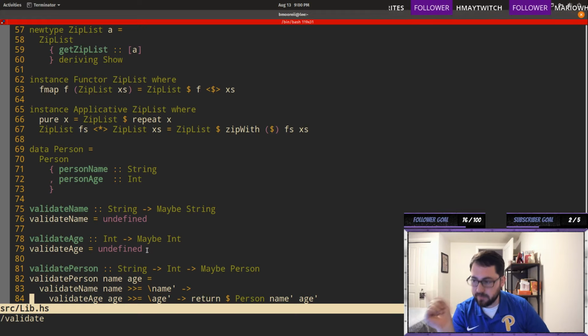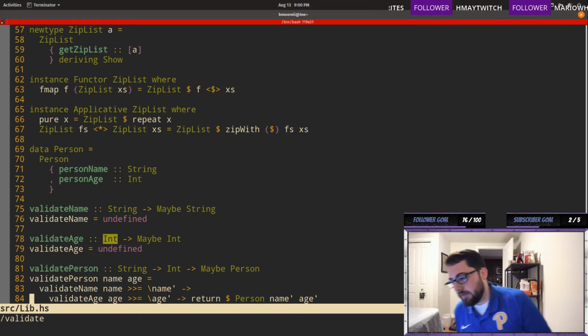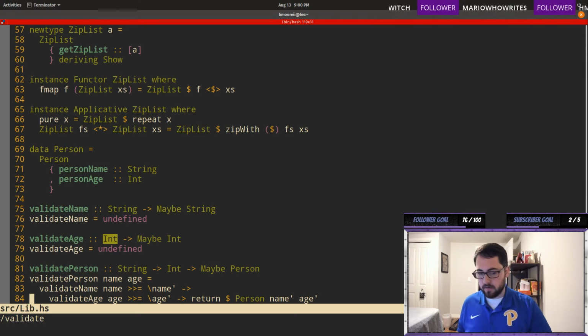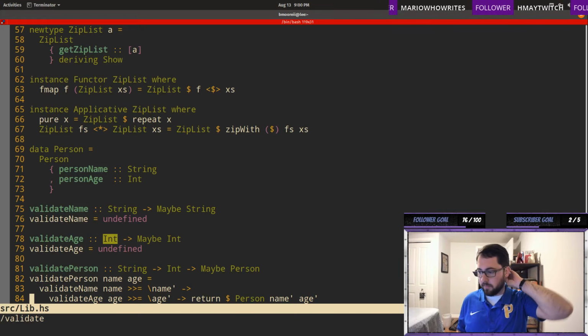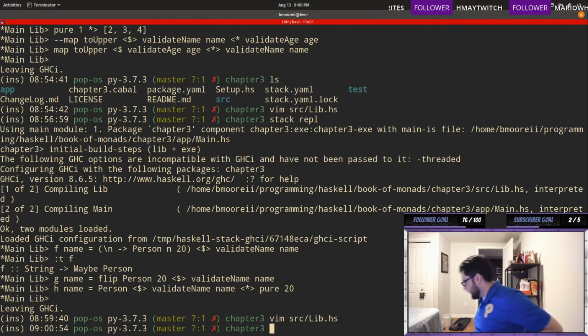Okay, so it has to be given a string. It may not be a valid string. And the same is true for integer. Like, what if you get a validate age with the value of 210, right? That doesn't make any sense. So you need to have some sort of way to validate somebody's age as well. So if name and age are wrong, you get nothing overall. It's kind of the classic example of using applicative, in sort of form validation. So whenever you see applicative, actually, this whole